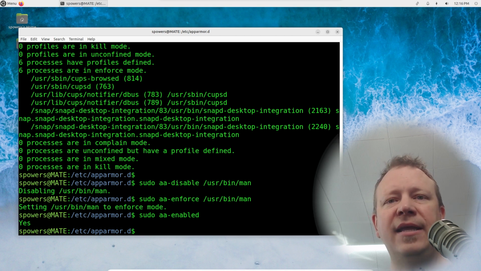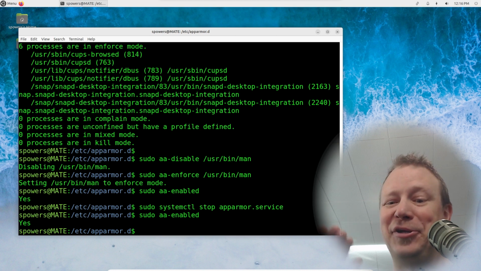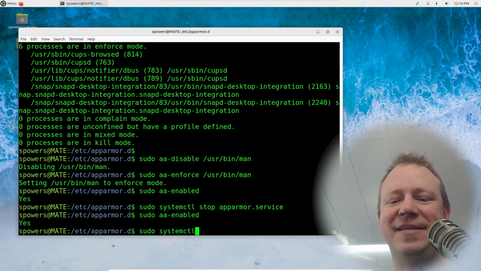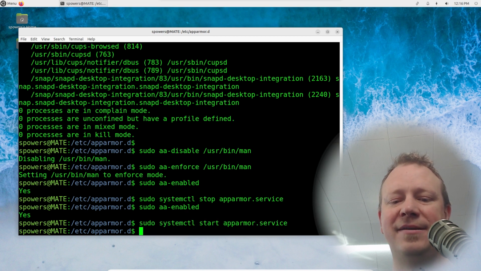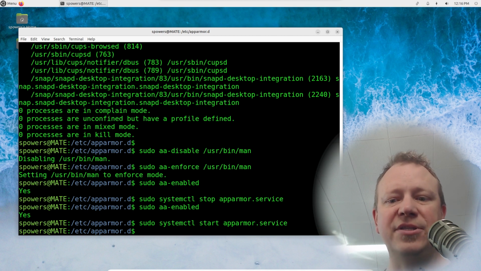We could disable it using systemctl. It's a service, so we could do sudo systemctl stop apparmor. And now it's stopped. So if we check, is it enabled? It's going to say it's enabled, but it's not currently running because we stopped the service. So it is important to realize that. And then sudo systemctl start apparmor. And now it's back to running again. So it's just a standard system thing. Even though it is kernel level stuff and there are kernel modules loaded, you can start and stop the service using systemctl. And honestly, that's about all you need to know when it comes to using AppArmor on your system.